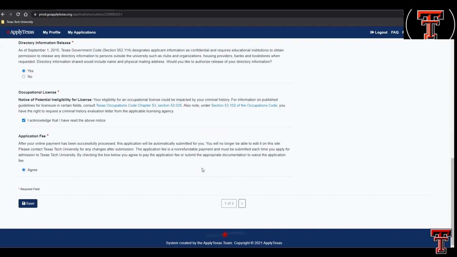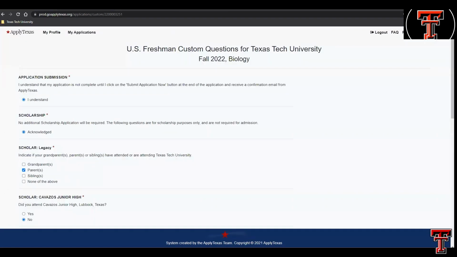Additionally, if you would like further information on eligibility for fee waivers wherein you do not have to pay the application fee, please contact the Office of Admissions at admissions.ttu.edu. Once you have selected the Agree option, you will want to save your progress and then continue on to page 2. Continuing on to page 2, the first thing you will see is an acknowledgement that says,